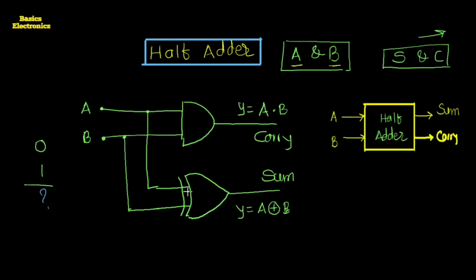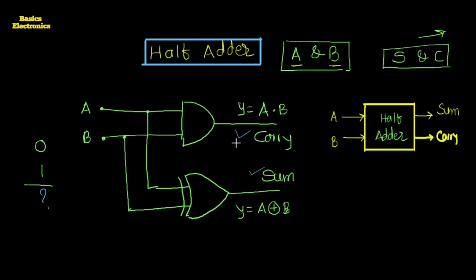Okay, as we know, the half adder is a logical circuit which performs the addition of two binary bits and produces the output in the form of sum and carry. So if we get the same output as that of the mental addition, then we can say this circuit works as a half adder and performs the addition of two binary bits.